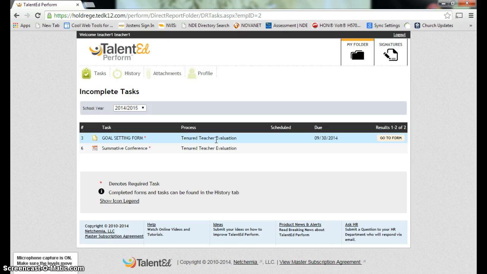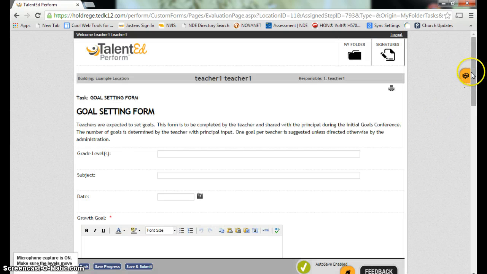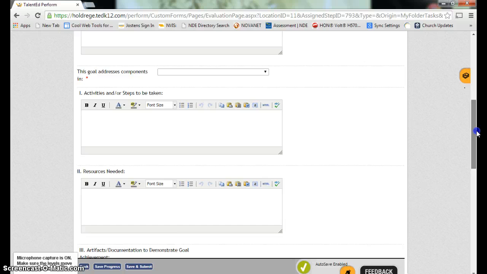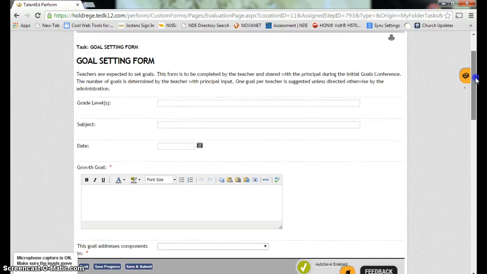And immediately it takes me to my home page, which shows me the tasks I've got and the things that need to be done. This one that we're going to work on is task number 3 for a series, the goal setting form. Much like the paper forms we've used in the past, this will look very, very similar. But to get this process started, I'm going to click on Go to Form,